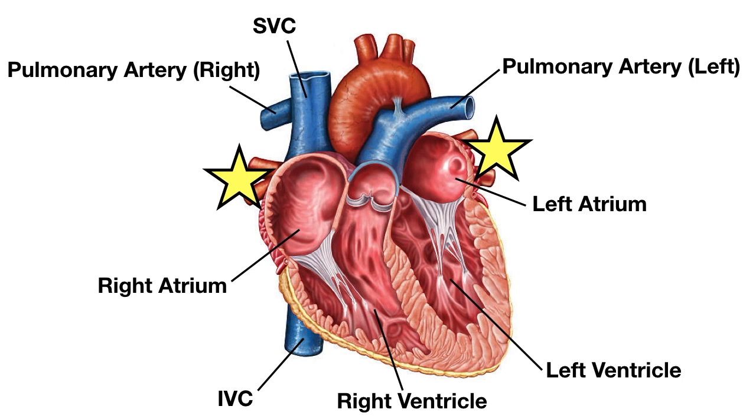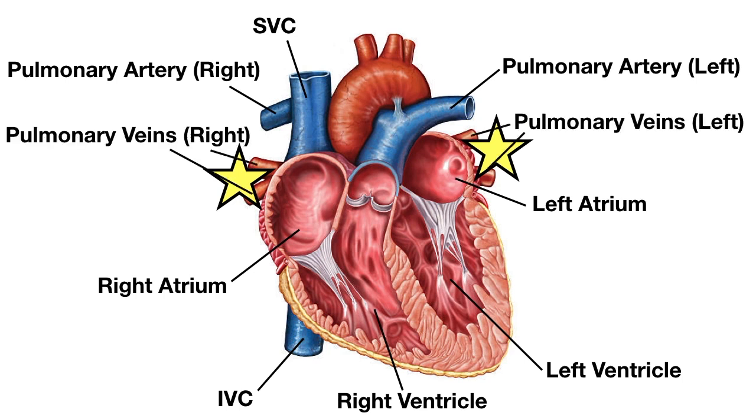Moving on to the next structures, we have blood vessels that are delivering blood from the lungs to the left atrium. So we know they're going to be veins because they're carrying blood toward the heart, and because they're coming from the lungs, they're going to be the pulmonary veins. And the function of them is to deliver oxygenated blood from the lungs to the left side of the heart,